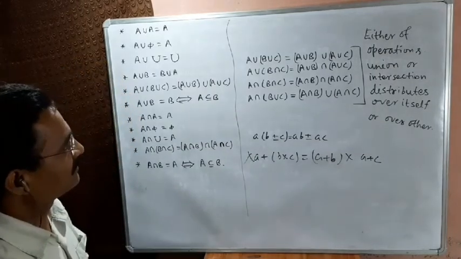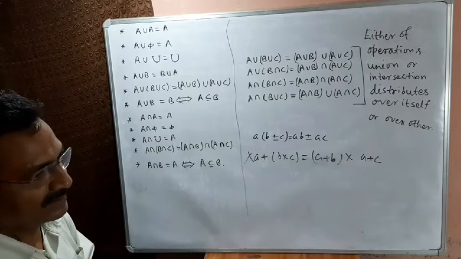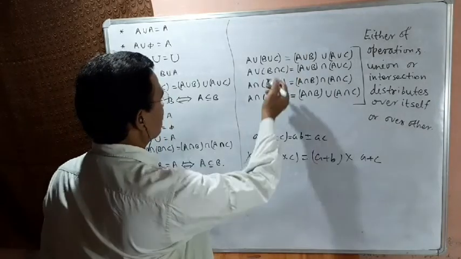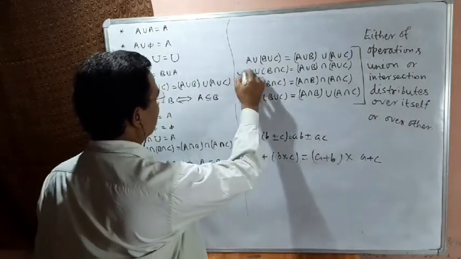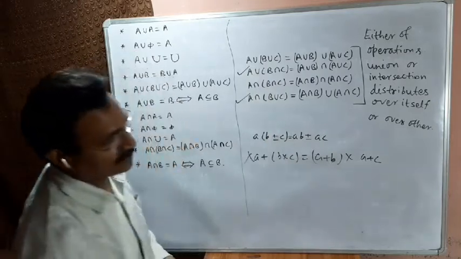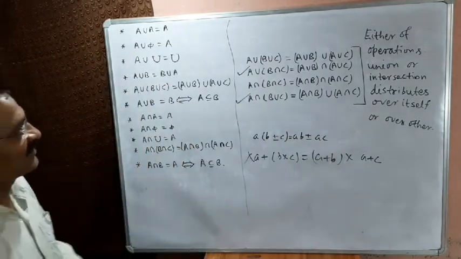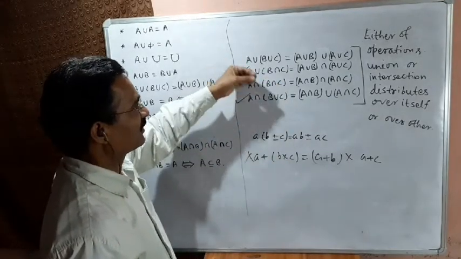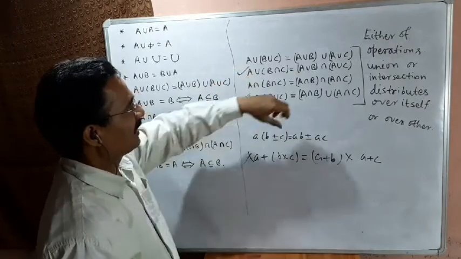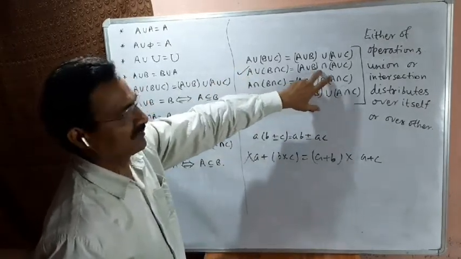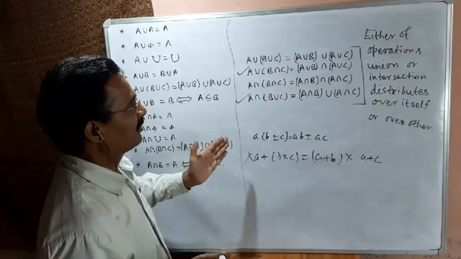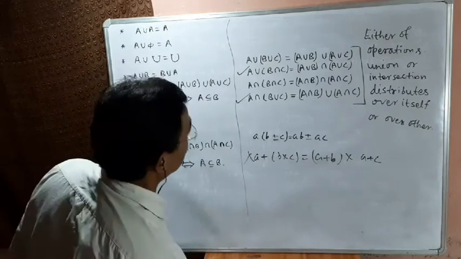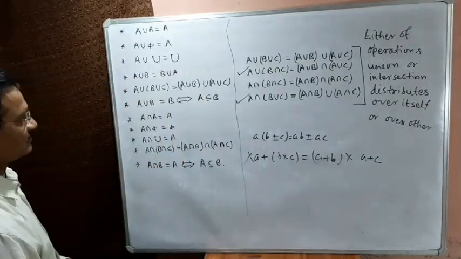I will discuss this later in some more words, but this time you try to establish these results using Venn diagrams. First, trace the Venn diagram of this. You can trace it in a single step or two steps or three steps as you can, and using the Venn diagram do this step, and then compare. Both results will have the same region shaded, the same shaded region. Okay.